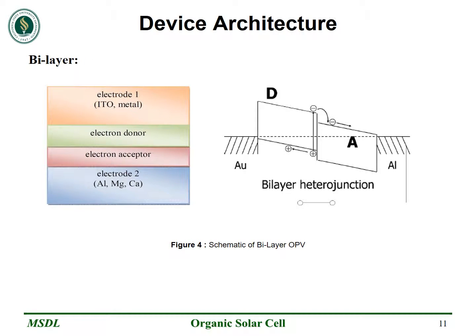Bilayer cells contain two layers in between the conductive electrodes as shown in figure 4. The two layers have different electron affinity and ionization energies. Therefore, electrostatic forces are generated at the interface between the two layers. The materials are chosen to make the differences large enough that these local electric fields are strong, which splits excitons much more efficiently than single layer PV cells. The layer with high electron affinity and ionization potential is the electron acceptor, and the other layer is the electron donor. This structure is also called planar donor heterojunction